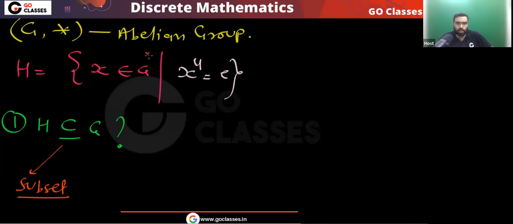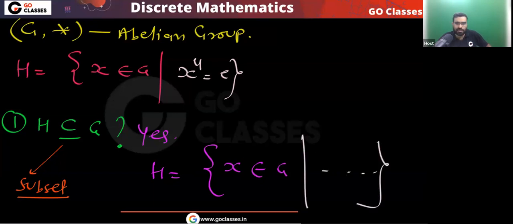In this H you have those elements of G for which x power 4 is equal to E. So remember, this H is a subset because it is very simple. In this H, you have elements of G. What do you have? You have X, which is an element of G,